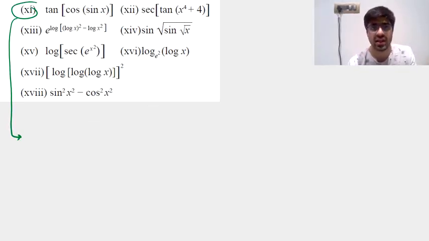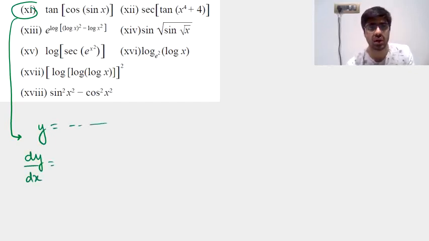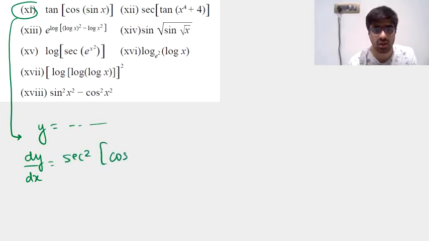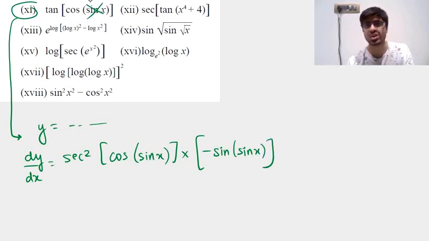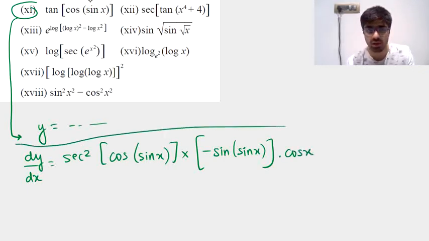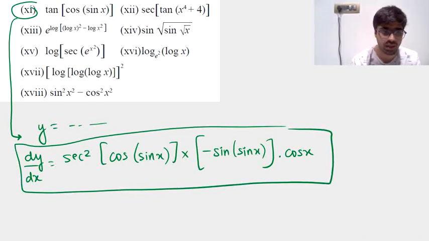So you have this as y. Let y be the given function, so dy by dx. Think over it, okay, that's tan x, and the derivative will be sec square x, which is sec square cos of sine x, into, we have this in place of x, that is cos of sine x is what we had, multiplied with the derivative of it, and that will be minus sine of sine x. This time we had sine x in place of x. So we multiply this further with the derivative of sine x, which is equal to cos x. And we are done with the expression for dy by dx.